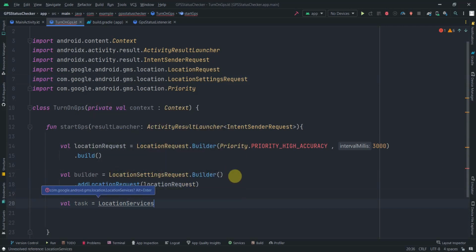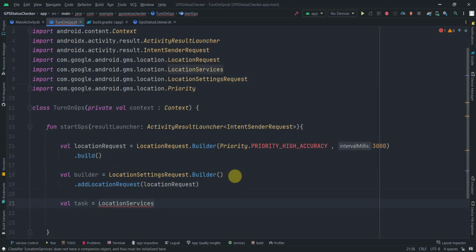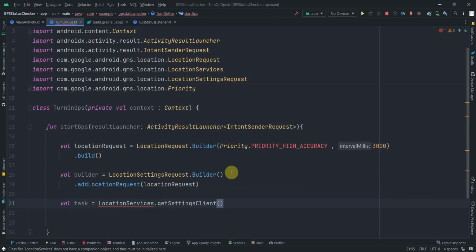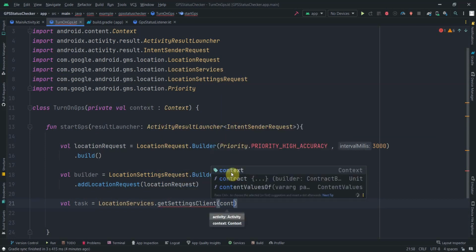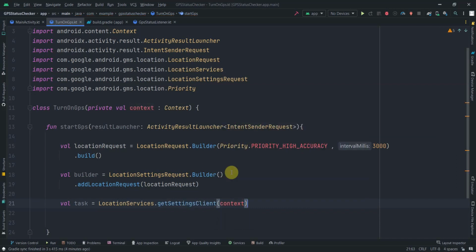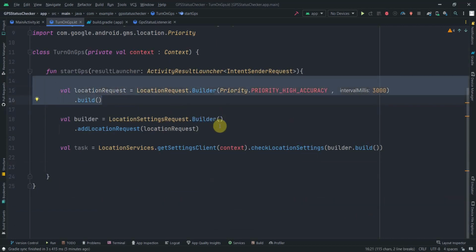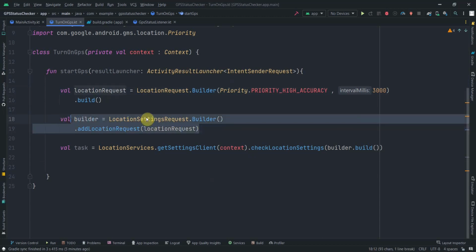Again, suggestions are not coming, so make sure you write it as it is. So LocationServices.getSettingsClient, and in this we'll pass the context dot checkLocationSettings. So checkLocationSettings, builder.build, I need to pass this builder over here. So what we have done here, we have just created one request and we add it to the location setting